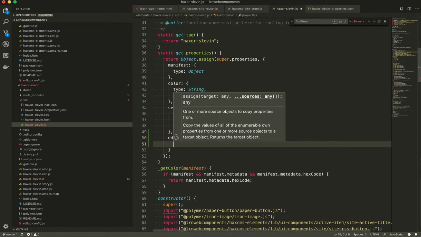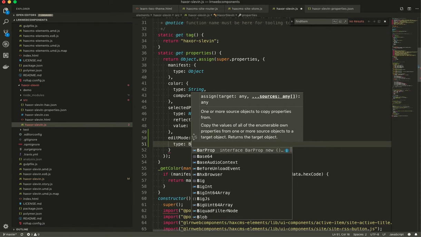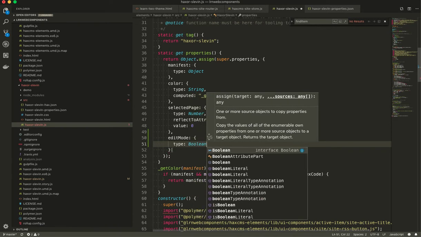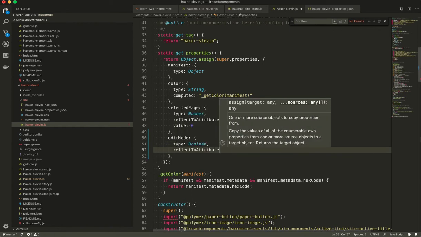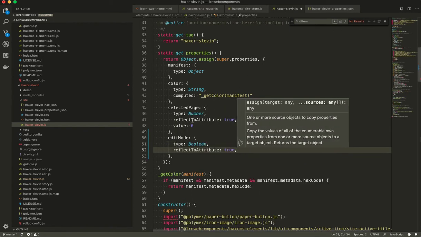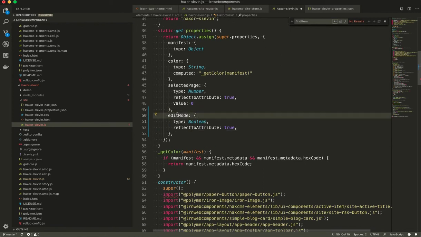And so this is a property that I'm putting on my element. In this case, the element is actually a theme. So I'm going to do edit mode, boolean, and then I'm going to do reflect to attribute true. Now, this is some Polymer doc blocking convention, or Polymer decorator conventions, whatever you want to call them. It's just additional things on properties that Polymer is going to pick up,